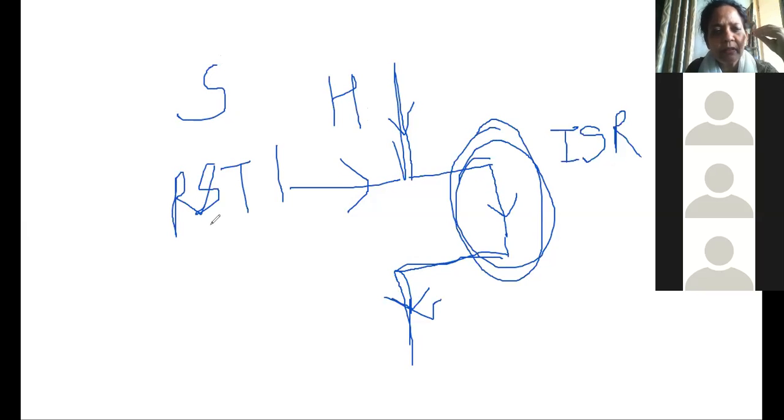For example, suppose I have written a program and in that program there is 3 divided by 0. It cannot divide it, right? So it has to show an error message on the screen. At that time it can interrupt the microprocessor and ask for that particular program to be executed, which will show an error message on the screen. This is one type of software interrupt you can see.